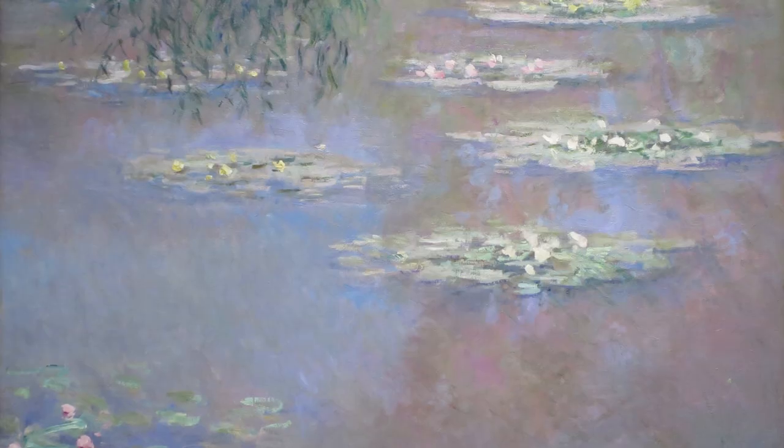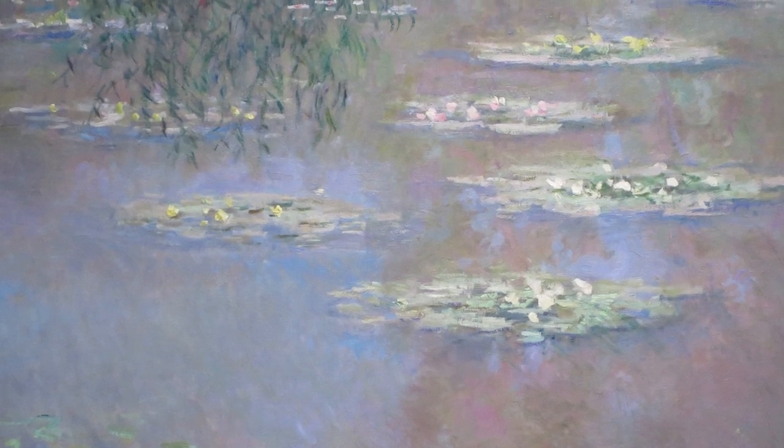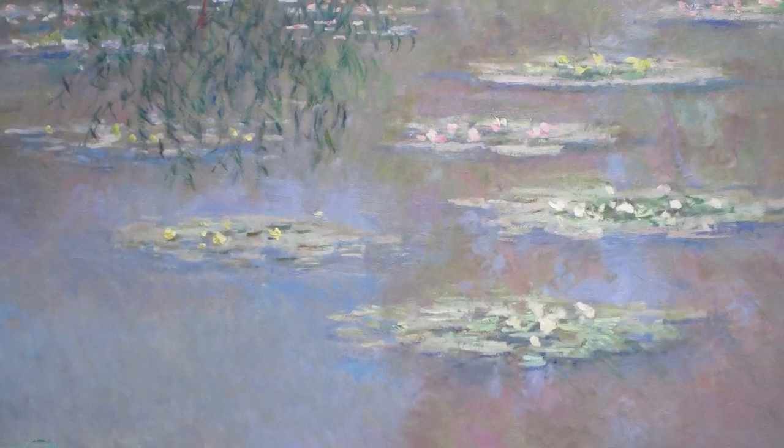It's significant as here he had the opportunity not only to plan his own garden, but to plant it, to actually even create a pond. And so this is a time towards the end of his life where he began painting his actual subject, a subject that he created, which was a connection really that in a way is very special. Artists can paint a landscape, but they don't often have an intervention in it. But in the case of Monet and Giverny, he really was able to plan and really create his